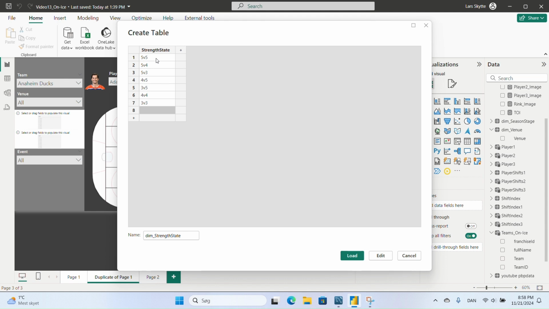What else do we have? We have 4 on 3, 3 on 4, and then we have empty net against. So when you're playing against an empty net, and we have empty net for when you're playing with your net empty. Okay, so this should work, but